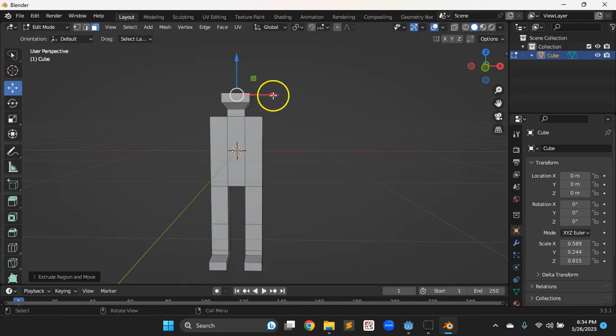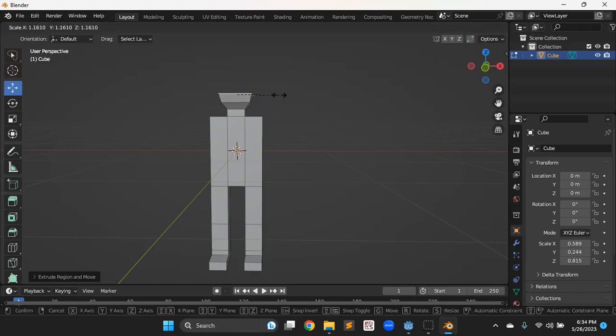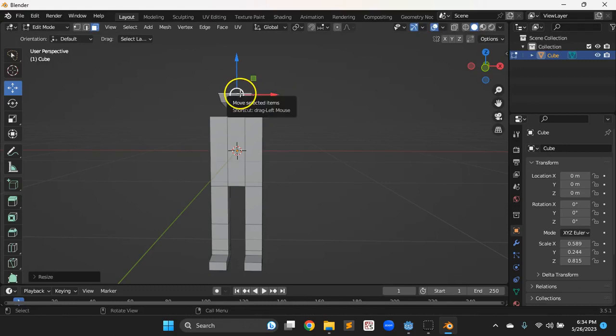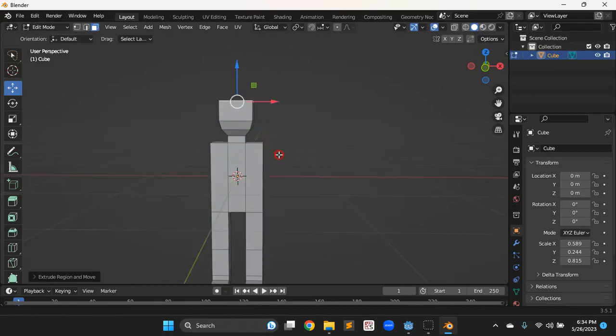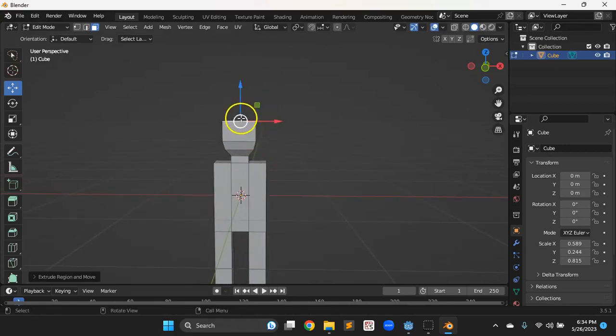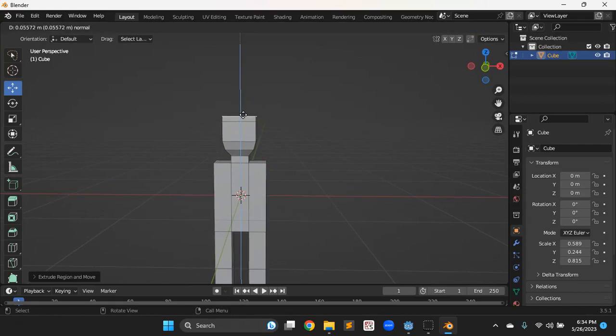I like to move, think of that like a handle. I don't want to move it per se, but it gives me a reference for the mouse. So if I hit S and then scale that out a little, E, extrude that up, I'll hold shift and middle click to move the model down, E, extrude up another one, and then S and